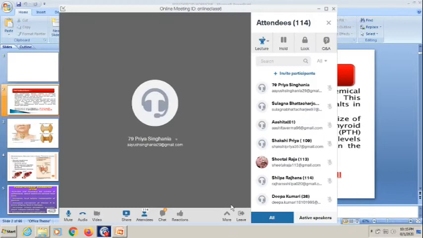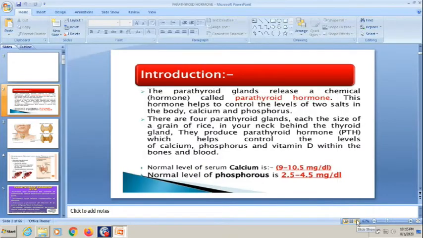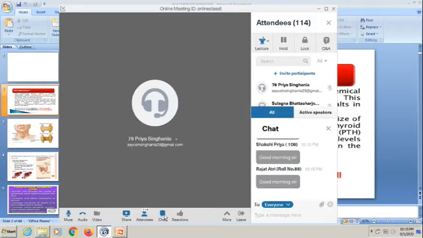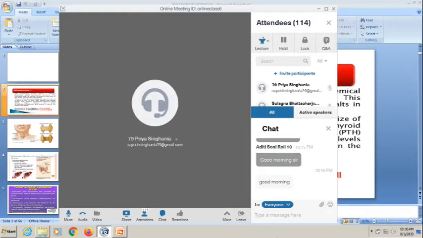Today's topic is parathyroid hormone. Today is the last class for the endocrinology section, and we'll wrap it up with the parathyroid gland. It's a topic very relevant to you in surgery, mostly, as well as medicine. Everything is related in medicine, or rather related to medicine. So without losing any further time, we'll start with our presentation.